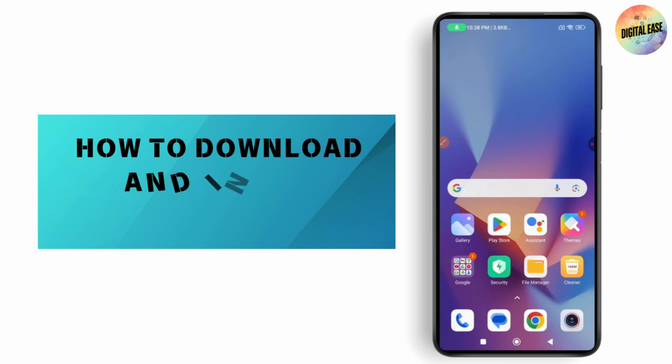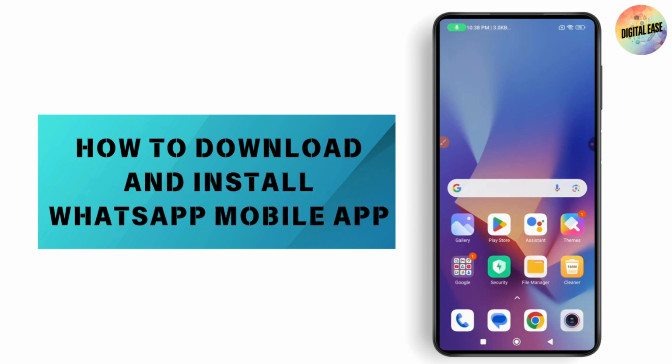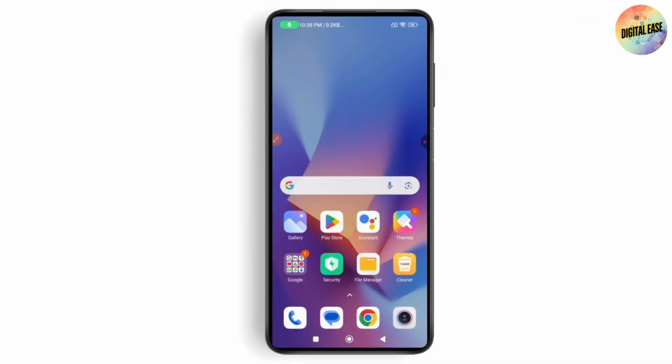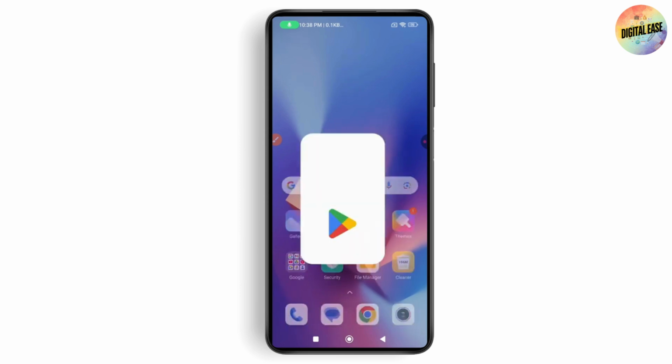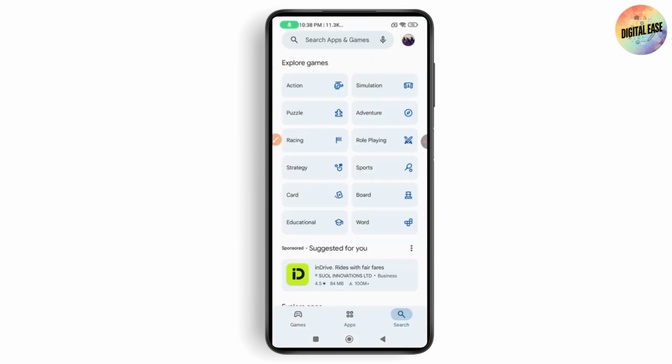How to download and install WhatsApp mobile app. So if you want to download and install WhatsApp mobile app, then what you need to do is first make sure that you have a stable internet connection, because without the internet connection you won't be able to install the application. After that, you need to open up your Play Store, go with the search which is on the bottom